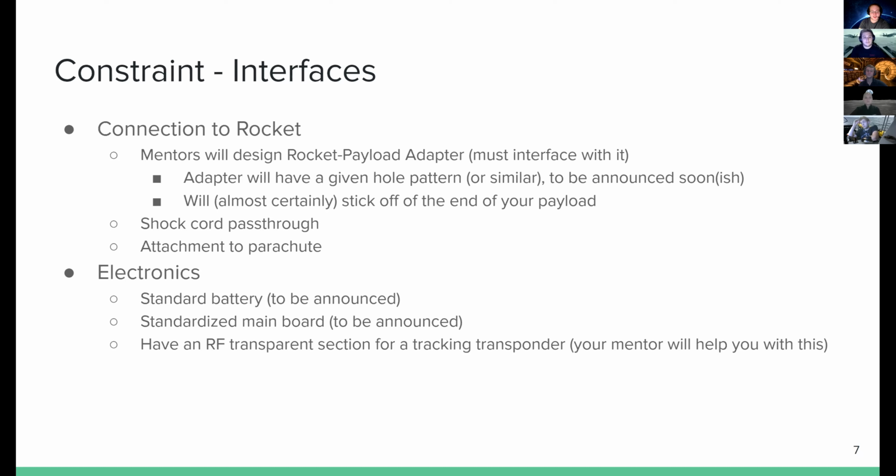And the last thing for electronics is have an RF transparent section for the tracking transponder. What this means, and I realize that might be gibberish to some of you, is that inside of both our rockets and payloads, we try to put tracking devices that allow us to find them. Often when launches happen, especially if there's some kind of parachute malfunction that causes them to eject early, or